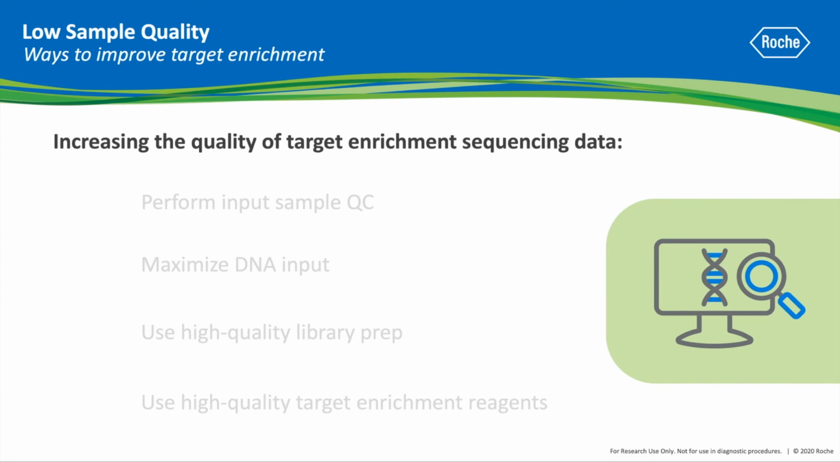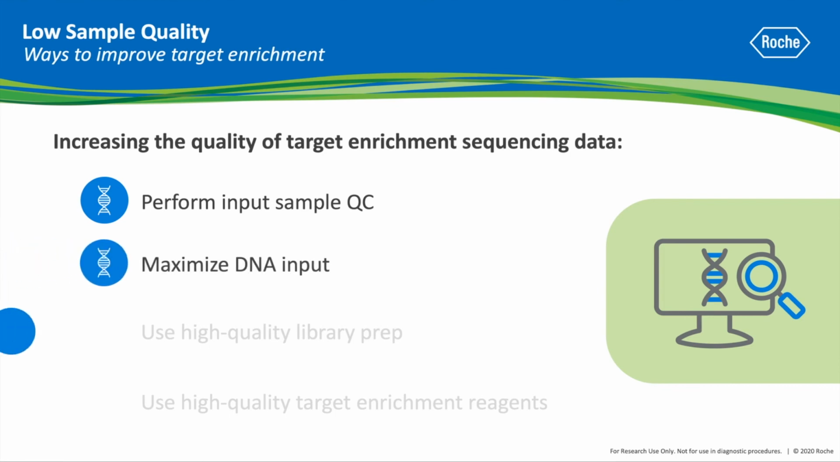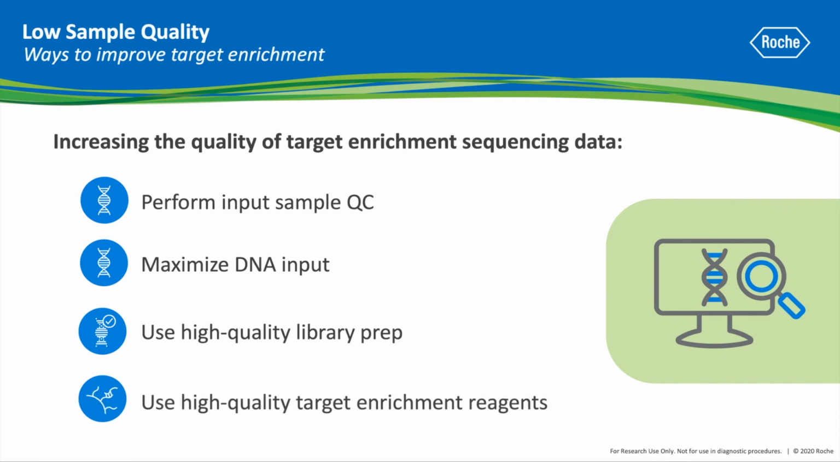There are several ways you can optimize your target enrichment workflow to improve the quality of your sequencing data. These include performing sample input QC and adjusting the sample prep workflow as needed, maximizing the input of degraded or damaged DNA samples, using high-quality library preparation reagents with high conversion rates, and using robust target enrichment reagents. Each of these steps can increase the quality of target enrichment sequencing data, enabling you to get the most information